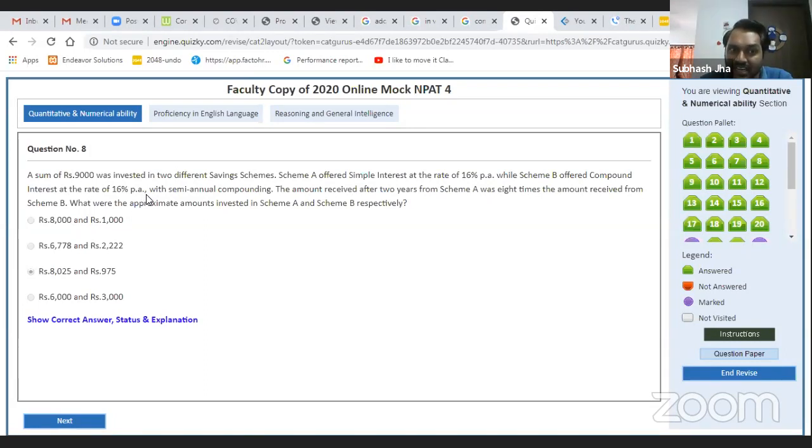So the second part should be less. So with the interest it will become more. And the first part should be more. With the simple interest it will be again 1 is to 8 ratio. So definitely the correct answer should be more than 8,000 for this part. This should be less than 1,000. Because of the compound interest it will increase. Because of the simple interest it will not increase to that extent. So the ratio will become again 1 is to 8. So there is only one option in which the first part is more than 8,000 and the second part is less than